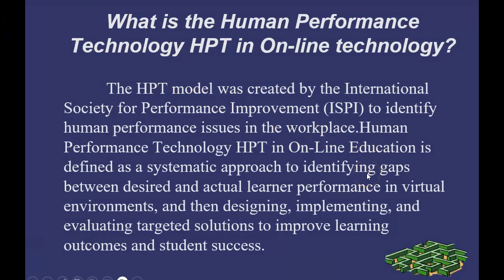What is HPT, or Human Performance Technology? The HPT model was created by the International Society for Performance Improvement, ISPI, to identify human performance issues in